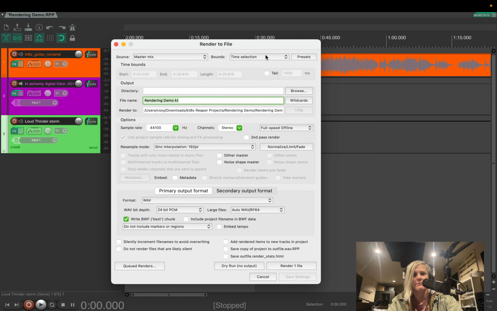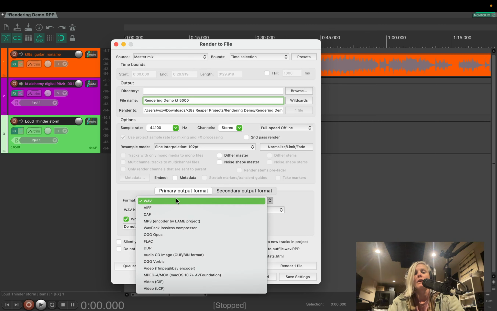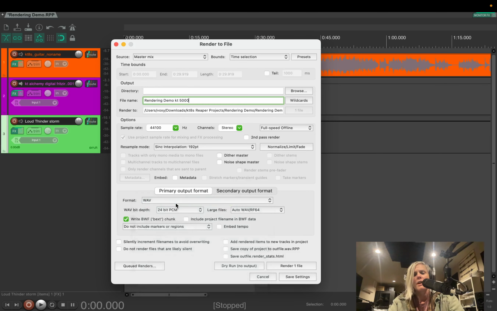Boom. Got it. Okay, I'm going to name this Rendering Demo Katie 5000 because I've tried to do this video several times now. And then here is the primary output. We're going to choose a WAV format. Now there's WAV files, there's AIFF, MP3. I think these are probably the most standard. If you're going to pick formats, please pick a WAV file. If nothing else, an MP3. Those are universally understood